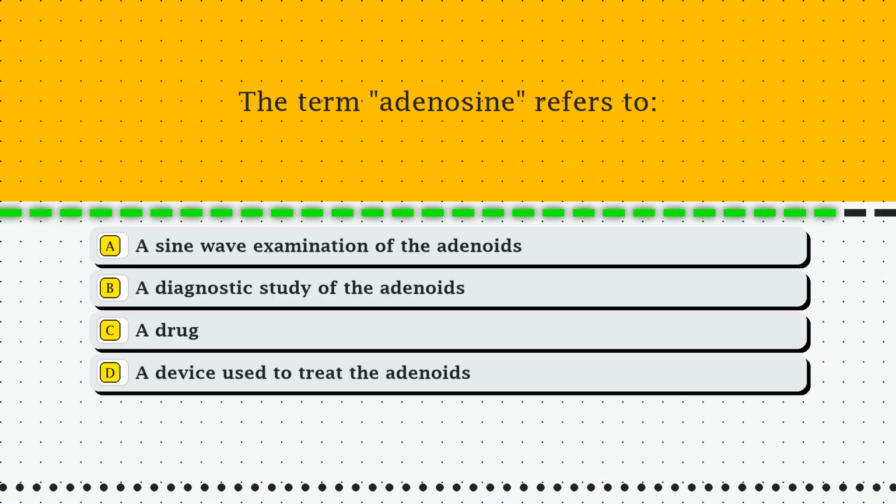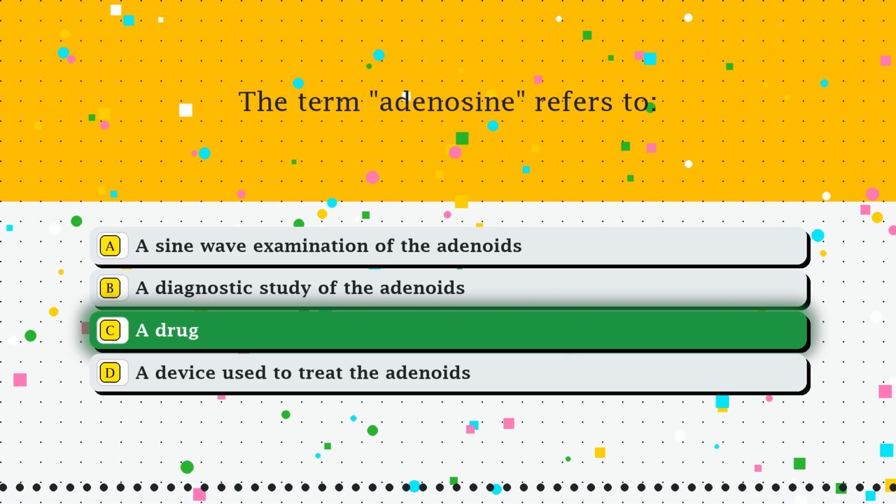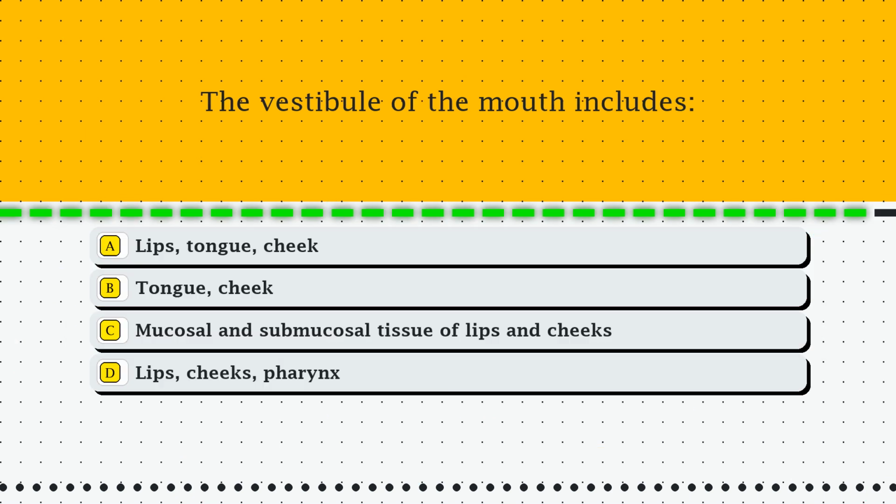Question 153. The term adenosine refers to. Option A, a sine wave examination of the adenoids. Option B, a diagnostic study of the adenoids. Option C, a drug. Option D, a device used to treat the adenoids. The correct answer is option C, a drug. Question 154. The vestibule of the mouth includes option A, lips, tongue, cheek, option B, tongue, cheek, option